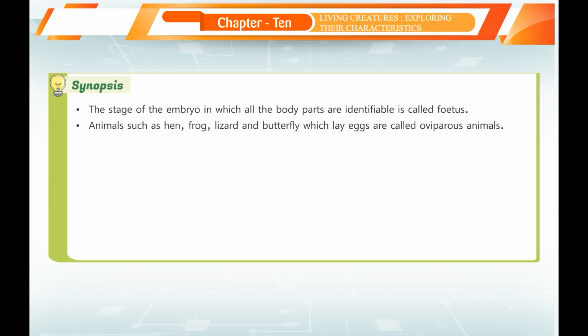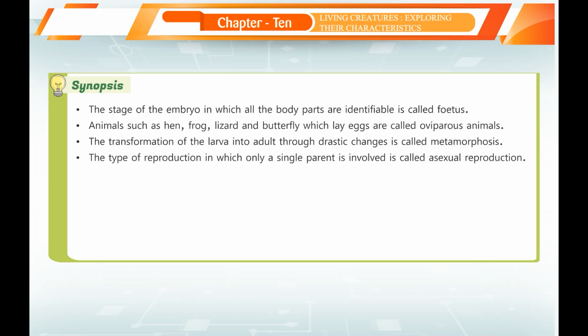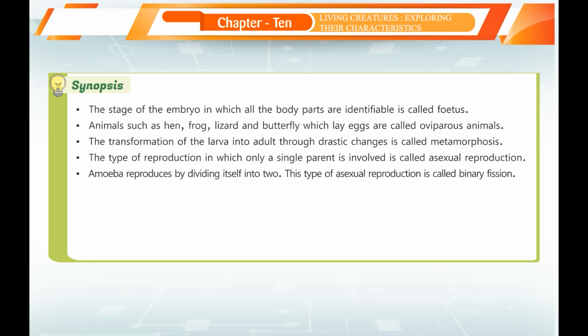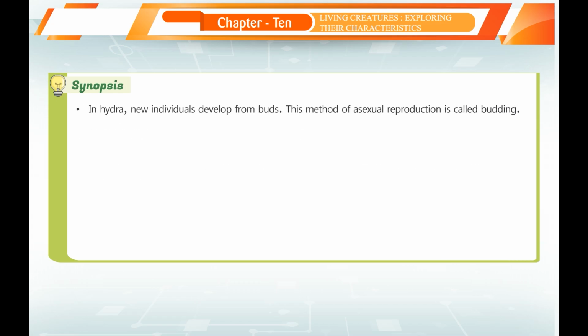Animals such as hen, frog, lizard, and butterfly which lay eggs are called oviparous animals. The transformation of the larva into adult through drastic changes is called metamorphosis. The type of reproduction in which only a single parent is involved is called asexual reproduction. Amoeba reproduces by dividing itself into two. This type of asexual reproduction is called binary fission. In Hydra, new individuals develop from buds. This method of asexual reproduction is called bud